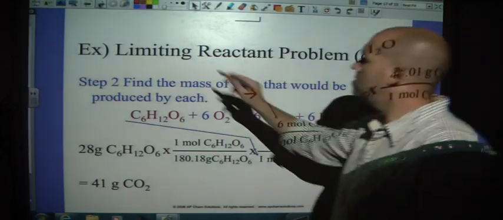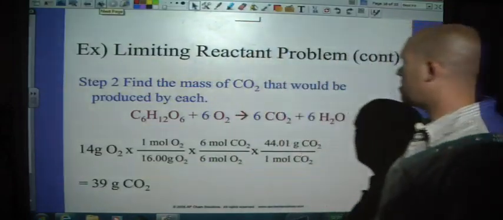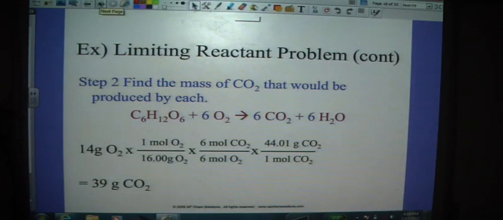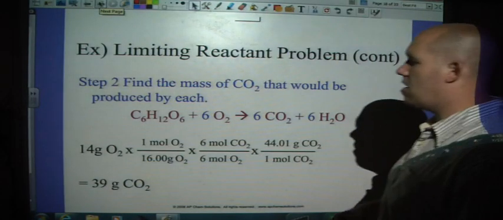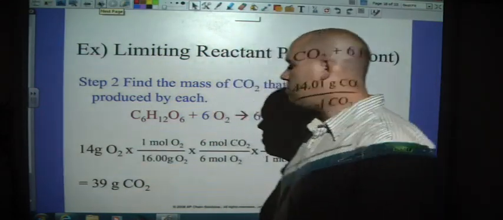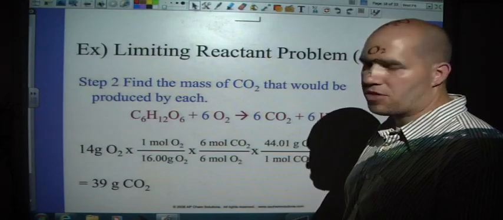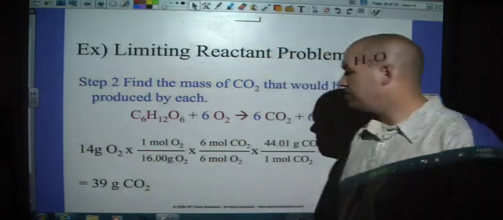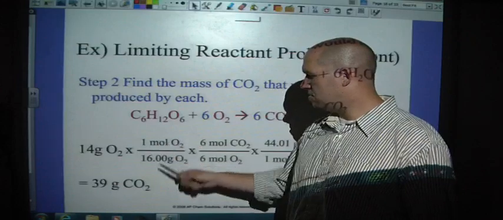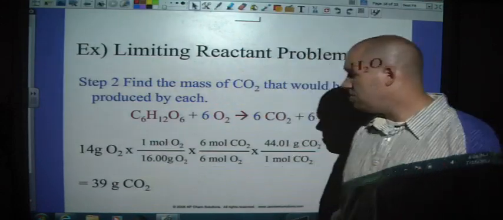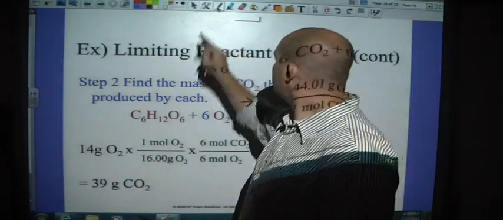Now we need to do our calculations for oxygen. Okay, we did our glucose. Now a given number was 14. So however many numbers are given to you, that's how many stoichiometry problems you're going to run. 14 grams of oxygen. Again, get into your moles. So for every 1 mole of O2, this is actually,